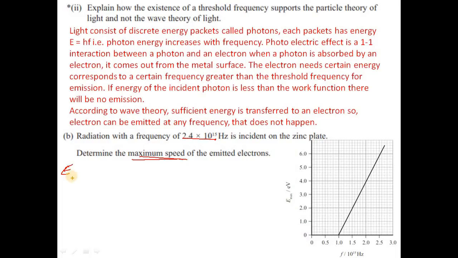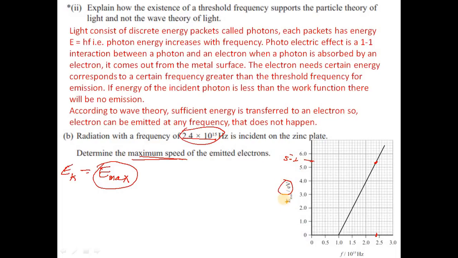The kinetic energy Ek gained by any electron is equal to the energy of the incident photon. And because you need to find the maximum speed, you must need maximum energy, and this maximum energy we can find from the graph corresponding to this frequency. So if you see 2.4 × 10^15 hertz, this is 2.1, 2.2, and this is 2.4, and the corresponding energy is this much, and then this is